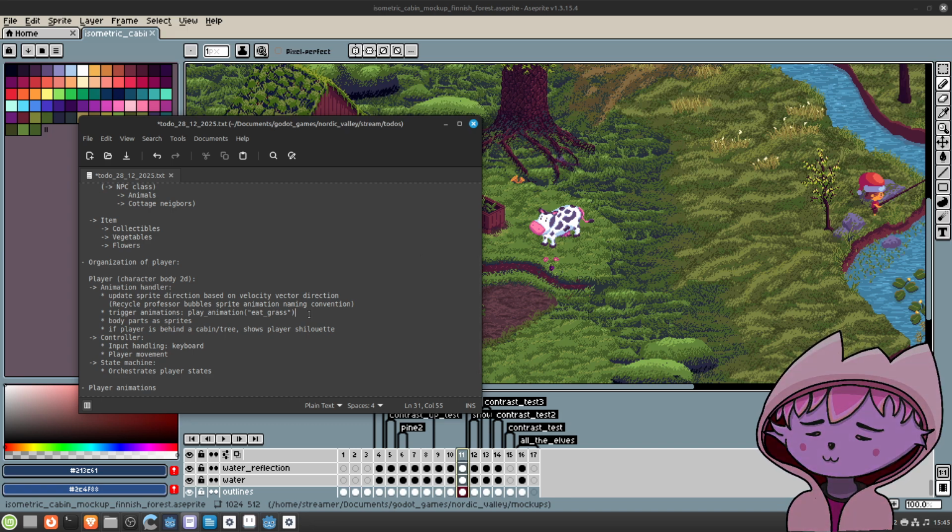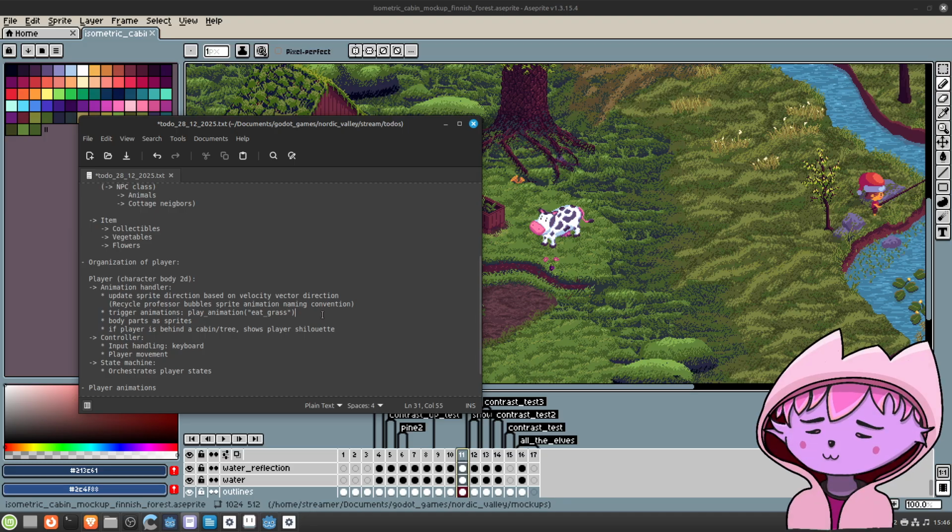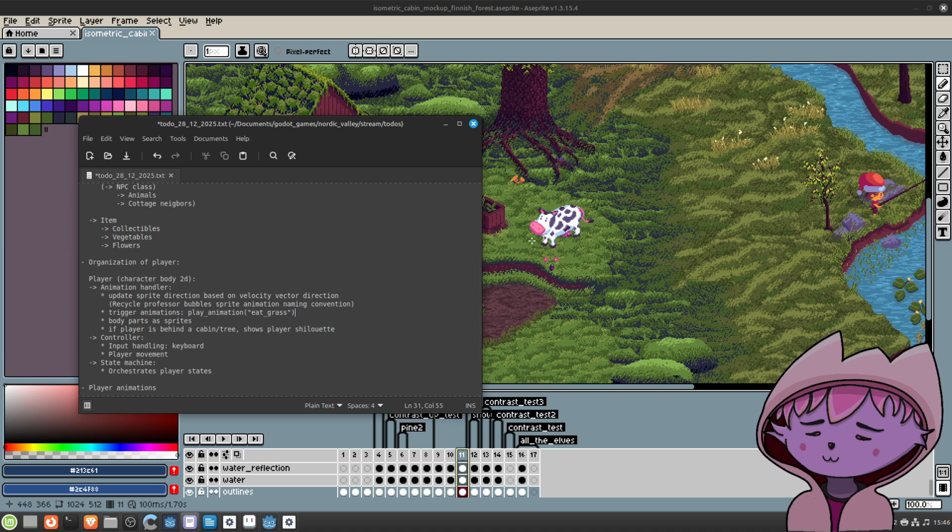Then what would happen is that this function figures out if there is an animation called eat grass, and if so, then the next step is to trigger the correct animation.